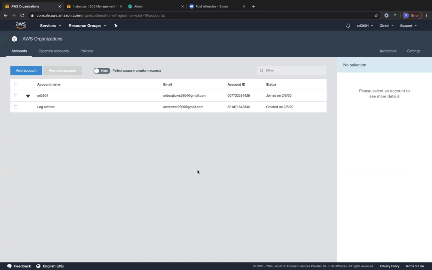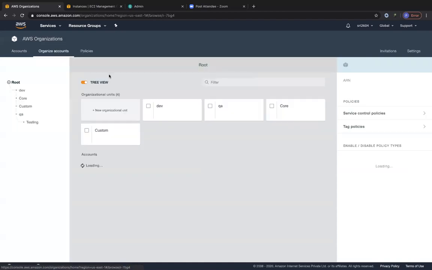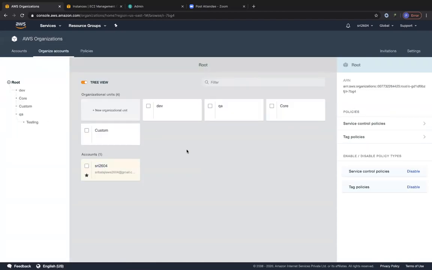That you mentioned that service control policy to be attached for. And you can also go ahead and create your own service control policies, and you can invite AWS accounts, and you can organize AWS accounts in a tree-based structure over here. So this is one really good feature of AWS Organizations because it allows for a multi-account strategy.